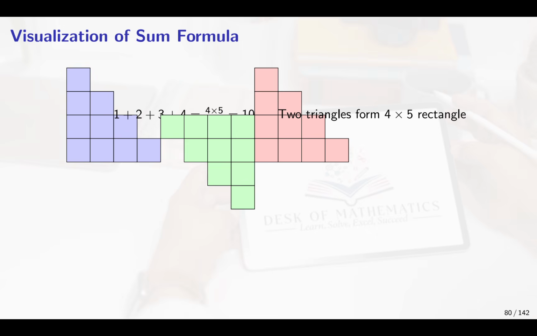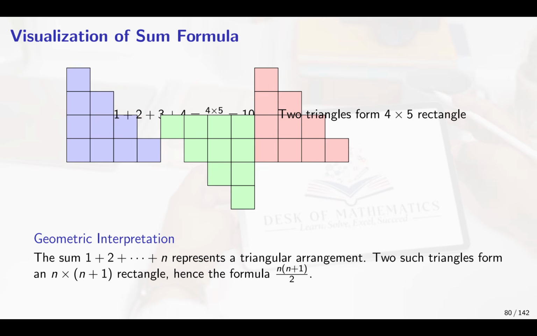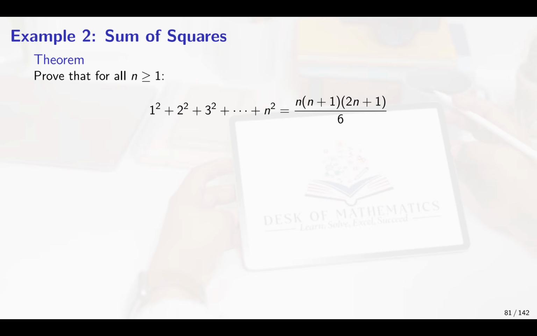Now, for example, in this one, if they ask you to prove this result about the sum of squares, that it is true for 1 square, 2 square, 3 square, and so on up to n square, equal to n into n plus 1 into 2n plus 1 divided by 6. You have to prove this result. What will you do? For n equal to 1, here n is equal to 1, isn't it? So that's our initial value.